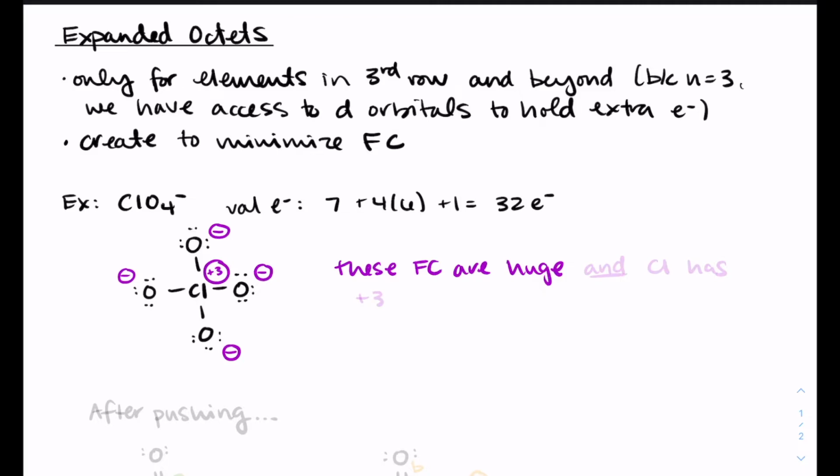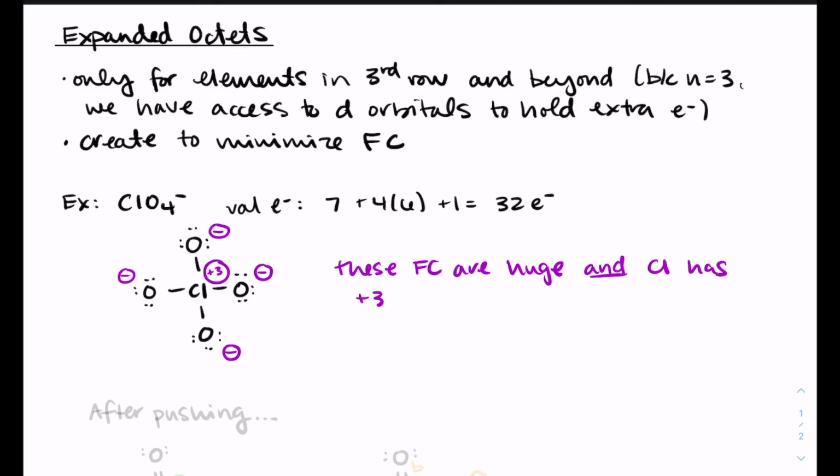Chlorine has a charge with a magnitude of 3, and it's positive. So electronegativity-wise, it's about the same as oxygen. So none of these things are going to want to have a positive formal charge, but a +3 formal charge on chlorine looks horrible. It's on this electronegative end of the periodic table, and now it has a positive charge that also has a magnitude of 3. So let's push some electrons. You could take this step by step, push 1 lone pair to make a double bond, recalculate. I've gone with the